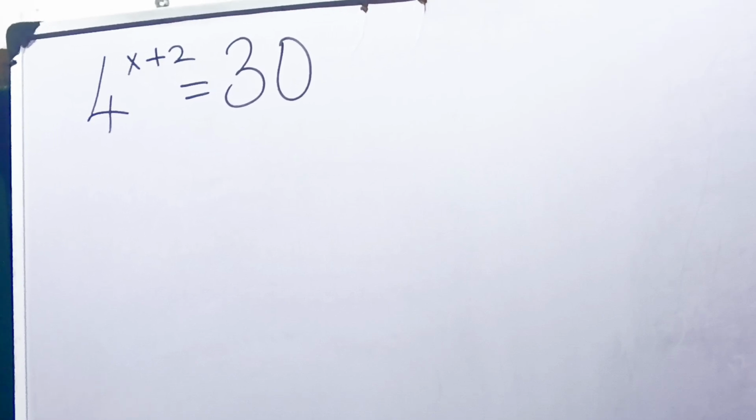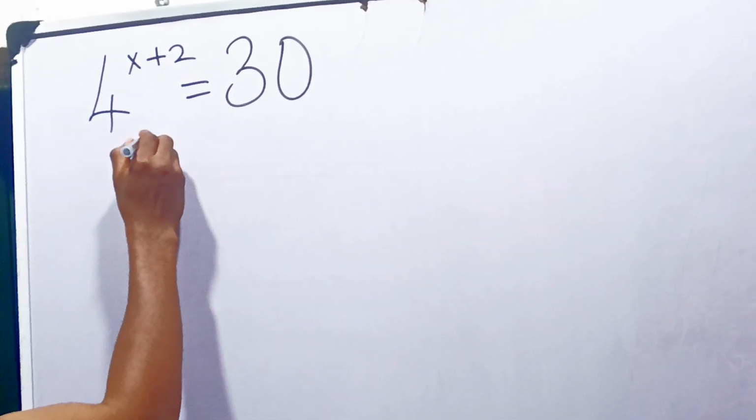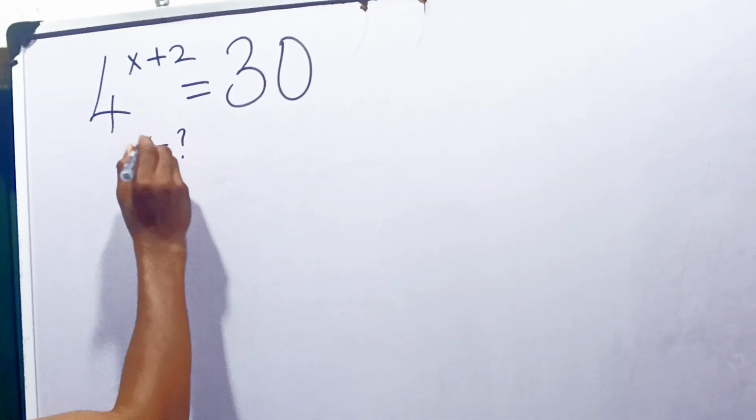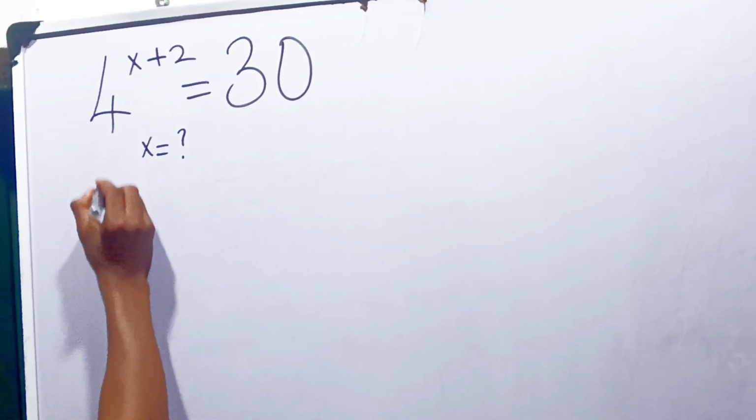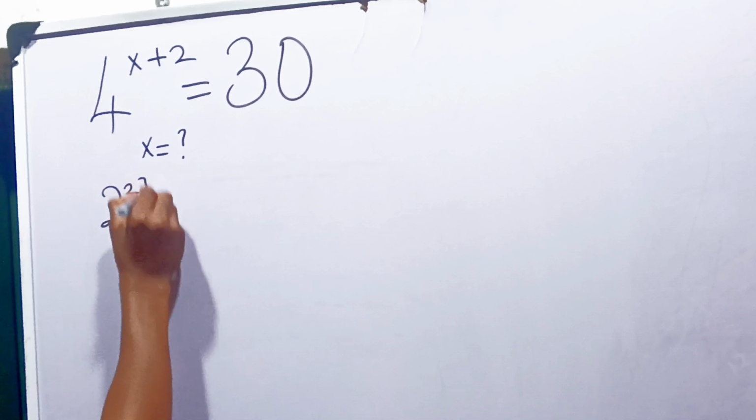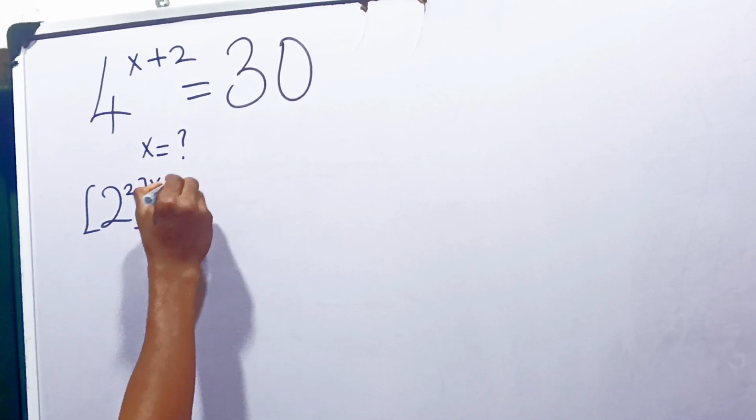Let's solve this question together. It says 4 raised to the power x plus 2 is equal to 30. We're going to solve for x in this question, okay? Now, when you have this, you can say that 4 is 2 squared. So we have 2 squared raised to the power of x plus 2, in brackets like this,